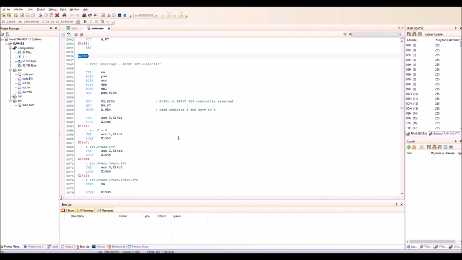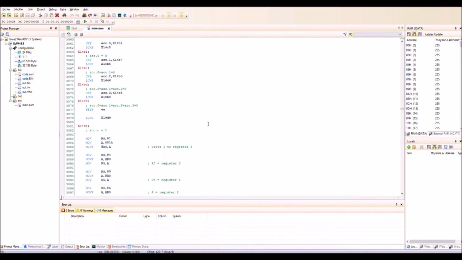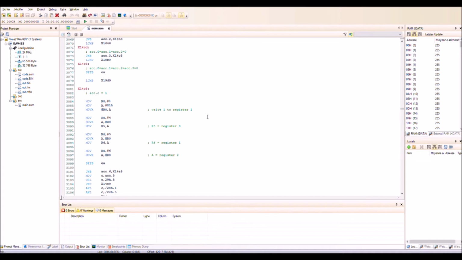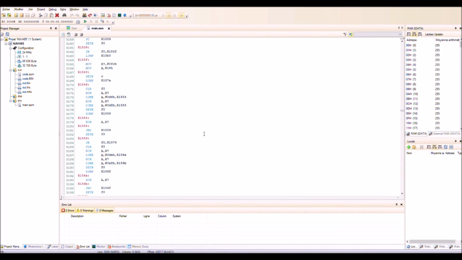It is a little bit difficult because the controller is a specific part which was designed by Honeywell. It is impossible to find any documentation in the datasheet. This controller has 4 registers which are accessible using 2 address lines. The second address line is connected to the read-write input of the controller. So I try to add some comments on this thing, but it is difficult. This is for the initialization of this controller. And after there are several lines of code.